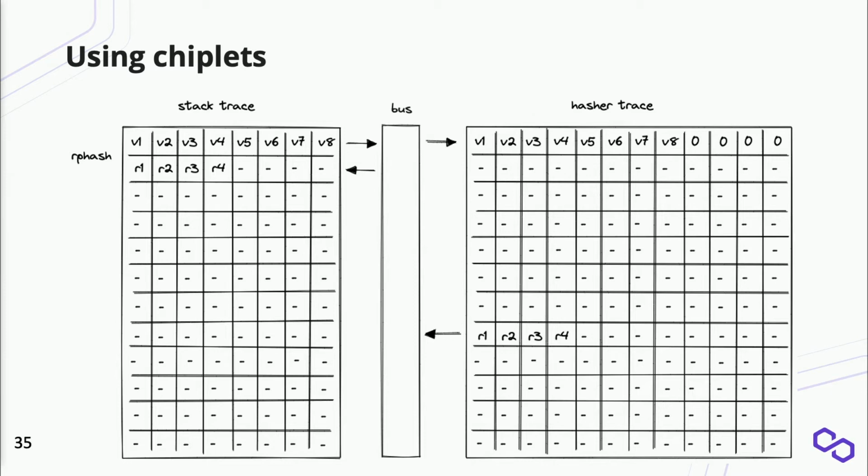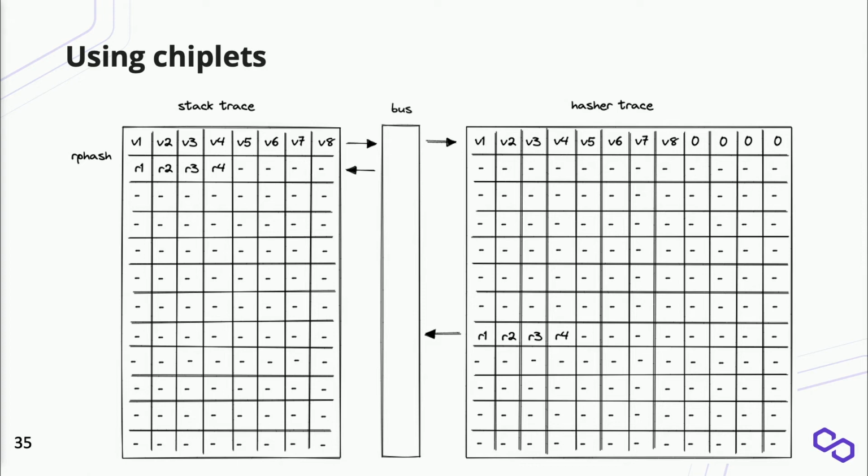forth. So we have the specialized chiplet on the right-hand side, which takes 8 rows in that table to compute a rescue prime hash, and some number of columns, obviously. So you can be guaranteed that once you provide an input, let's say at row 0, at row 8, or actually at row 7, you will have an output. The issue is that they are not the same anymore. It doesn't happen in the rows that are next to each other. So one of the limitations of pure AIR arithmetization is that you only work with nearby rows. So here we need to use these multi-set checks again, where we have these buses, what we describe as buses, which allow us to